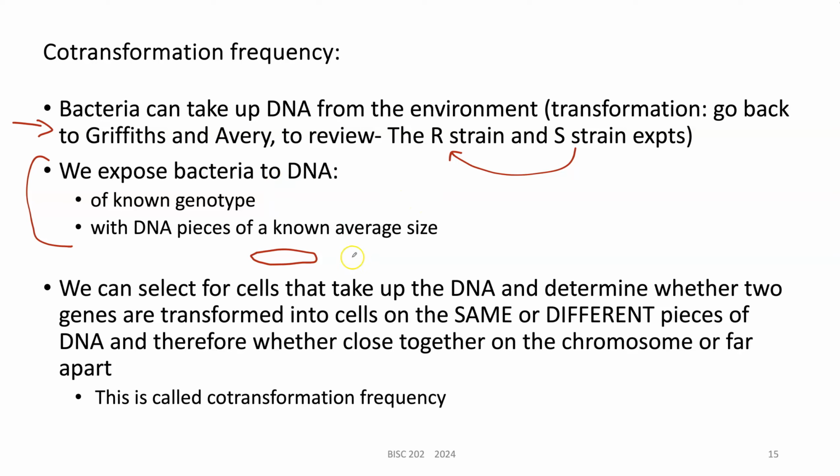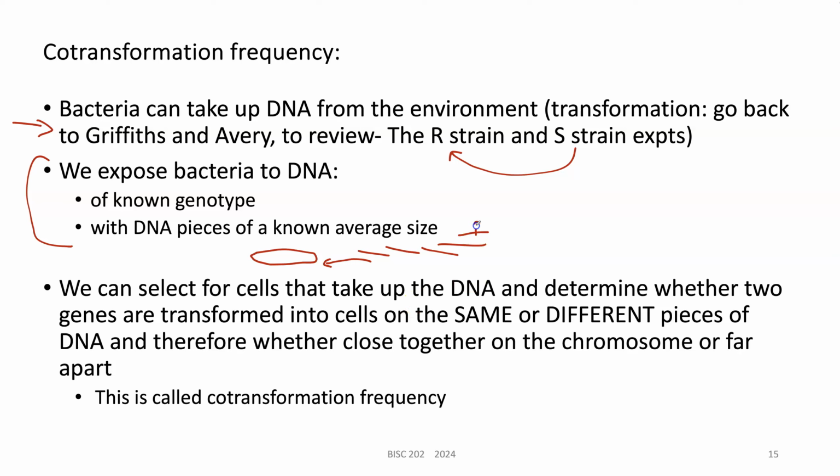DNA, and then you break it up into pieces that may vary in size a little bit, but on average they're a certain size, 5,000 bases or 2,000 bases or something like that. And then you expose them to bacteria, and you provide the conditions where the bacteria could take up that DNA. And you give them a certain amount of time to do it, and then we basically look for cells. We plate selectively to collect cells that have taken up some DNA, and then determine whether the genes we're interested